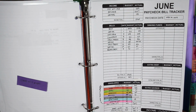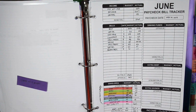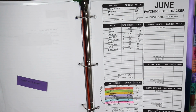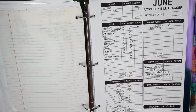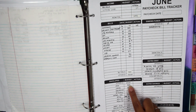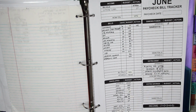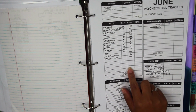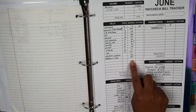So from May 31st until June 14th when we got paid again, we ate everything in our pantry because we didn't want to blow our food budget. So yeah, and now, since we ate everything in our freezer, our pantry, our fridge, we had a lot more money left over in this paycheck to do a grocery trip and restock on everything. This time on my bills section here, I did add a bigger checking account cushion